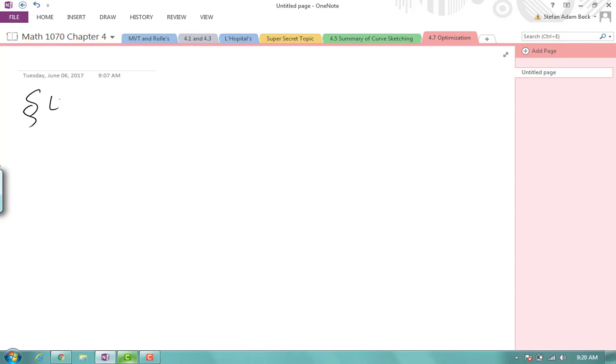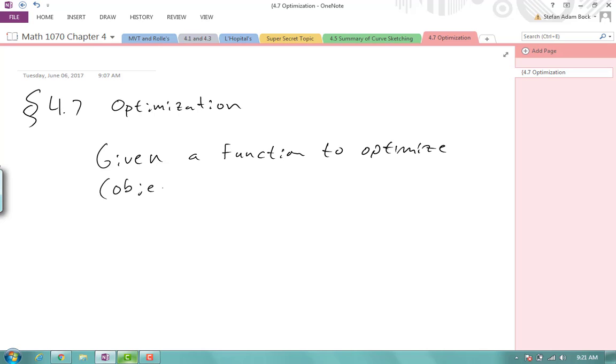Section 4.7 is on optimization, and this is actually an entire field of study for mathematics because problems can be very complicated. But the types of problems we'll be looking at are fairly nice because they're essentially going to boil down to a combination of section 3.9 and 4.1. And the process is going to be something like, given a function to optimize, this would be called the objective function, we can use calculus to find a maximum or minimum solution on a given